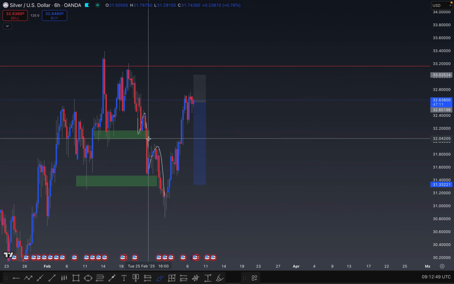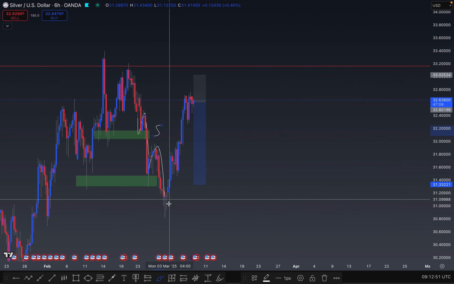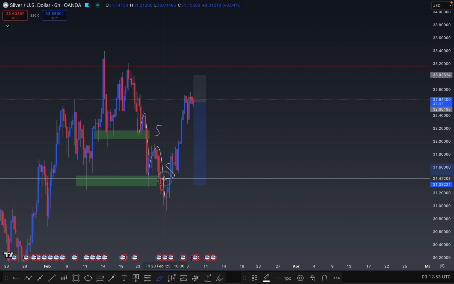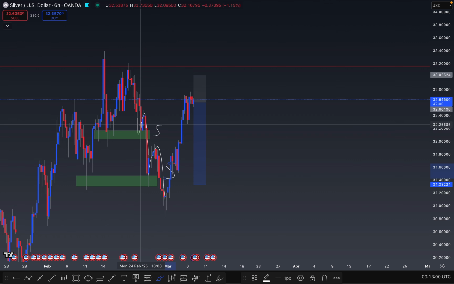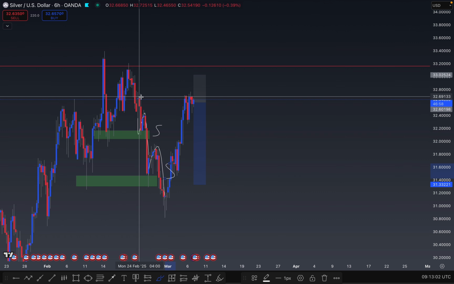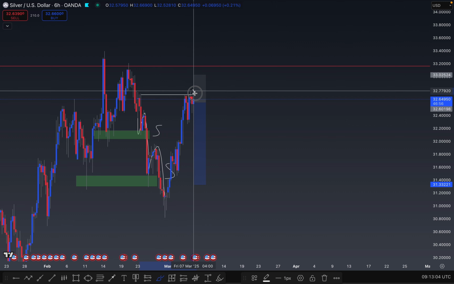So right here, we had this drive, lots of sellers entered. Then we had this drive through to the downside, lots of sellers entered, believing that the market is going to right now break these areas and continue going through to the downside. Now, as a result of 3 drives, I usually expect the market to reverse and take out the high of